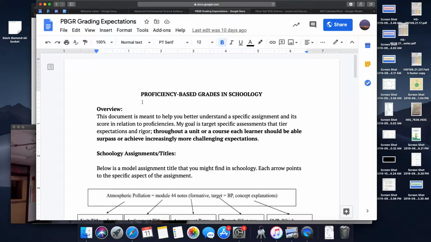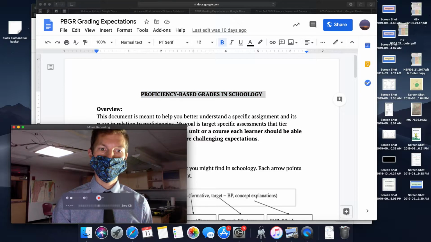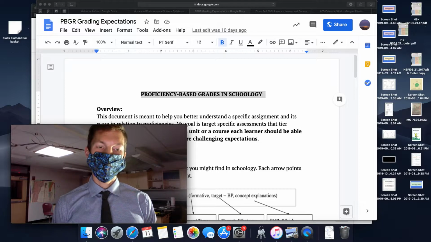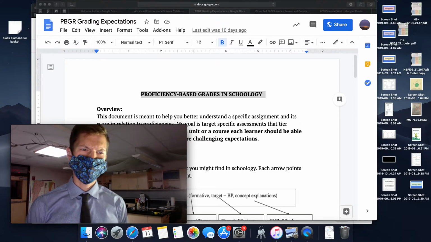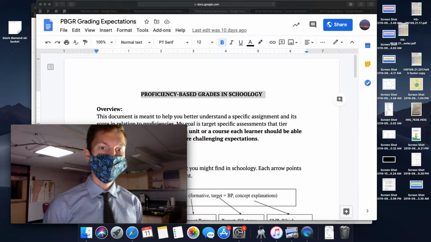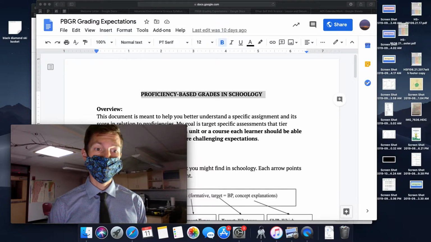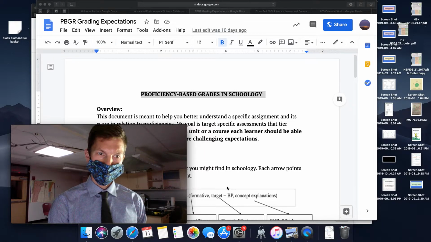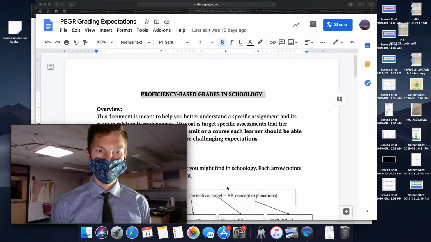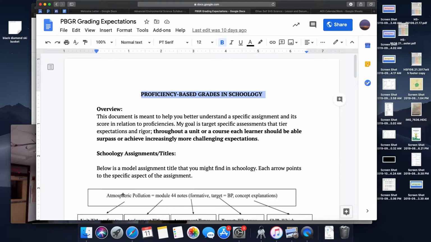The third document I'm going to share with you is my expectations for proficiency-based grading and what that looks like in Schoology. The thing that you need to know is that I title documents and assignments in Schoology with a lot of information, and the information is meant to have specificity and to help me and students track their progress in units and throughout the course. There's 5 main aspects for every assignment that you will see in your student's gradebook and on Schoology. The first is the unit, the specific assignment title, whether that assignment was a formative or summative, and the target.